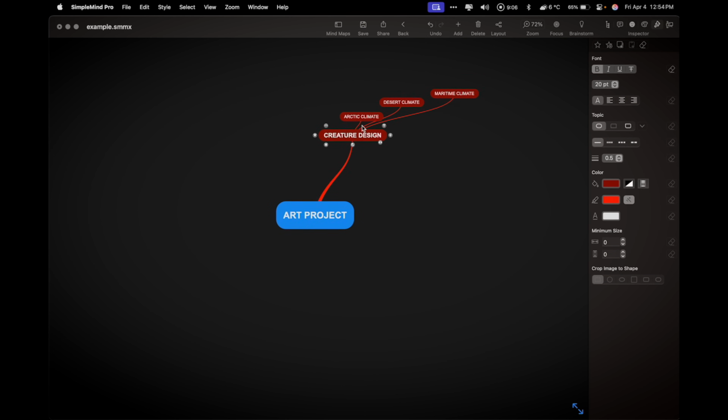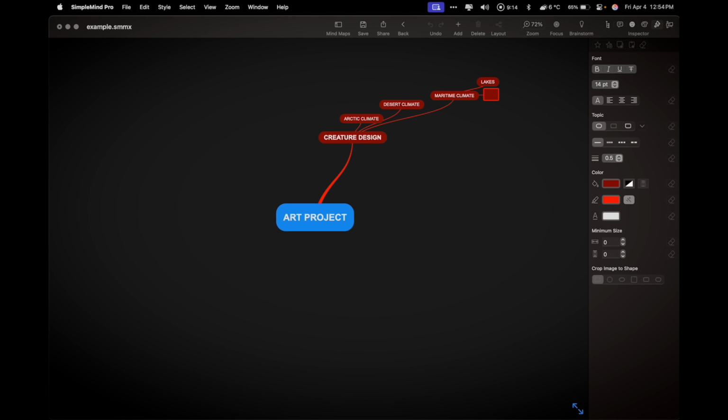Now from here, let's say in maritime climate, if I wanted to add some things to this, I could say, okay, we can have lakes, we can have rivers, we can have oceans, etc. So you can see how what this is allowing me to do is go deeper and deeper into something and getting more and more specific about a certain type of project. Rather than just sitting there and going, I guess I'll do a creature design today, what I can instead do is subdivide that thought process into a multitude of different types of creature designs that are all influenced by different